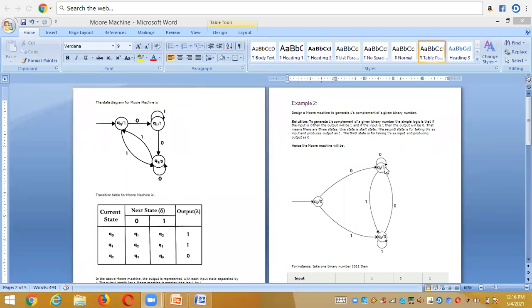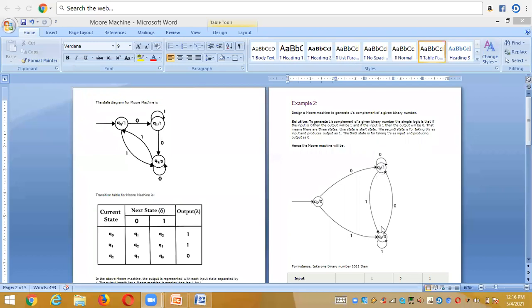So for q1 the output is 1, just as I made when I did it with q naught. Now I am doing the self transition with 0, so I get satisfied with this condition. It is completed up to here.